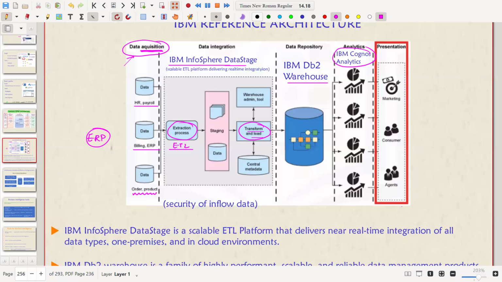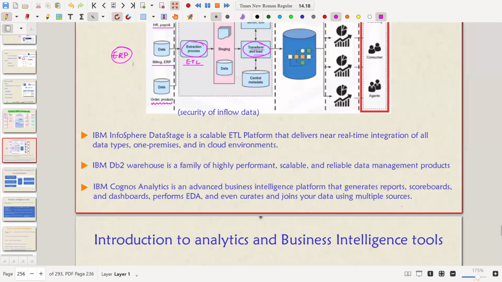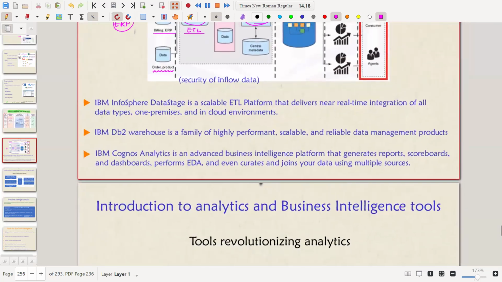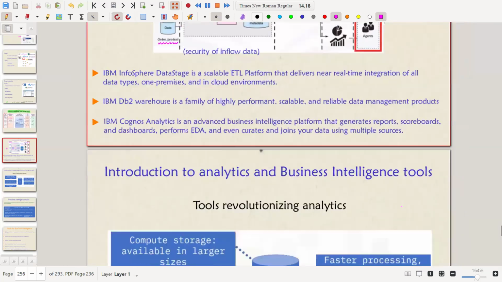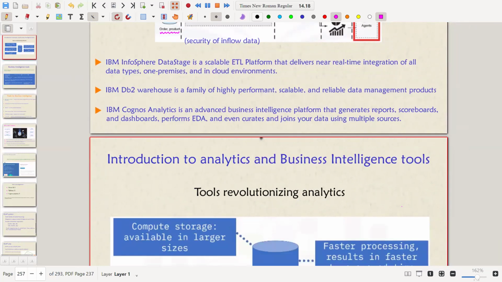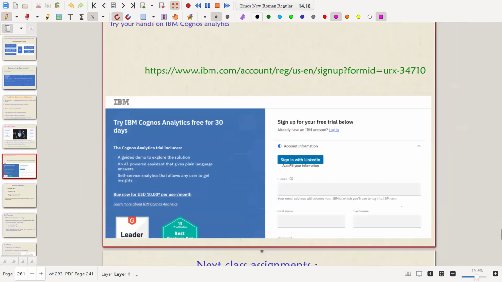And these are the presentation, of course, the data given to the audience, right? Fine. So these all you know already. Maybe theory, but yes, here I want to show you the same thing. This is the IBM Cognos Analytics free for 30 days version.